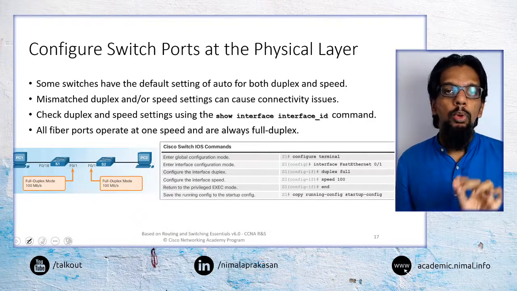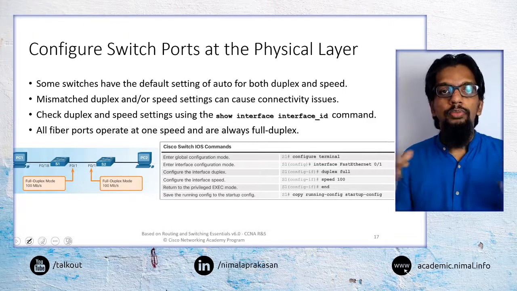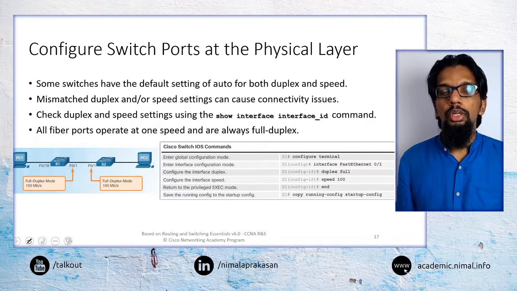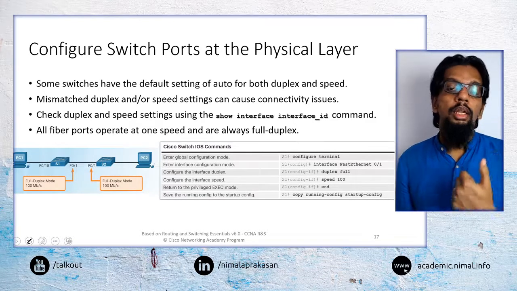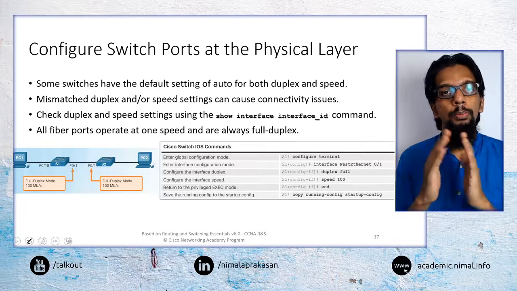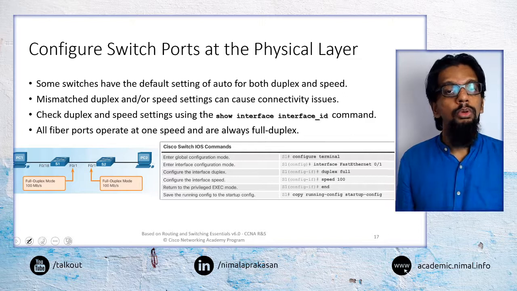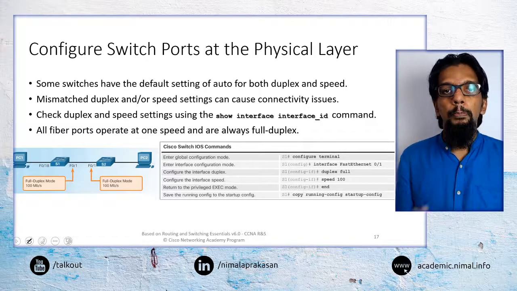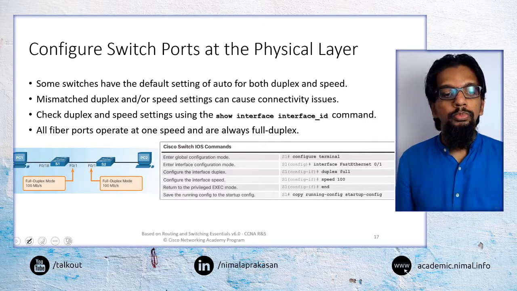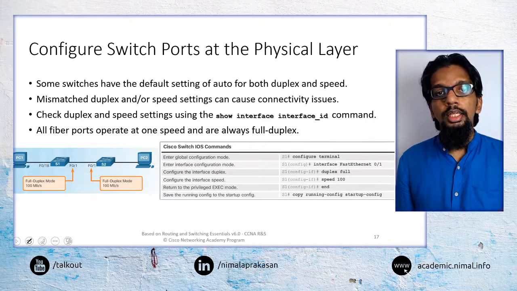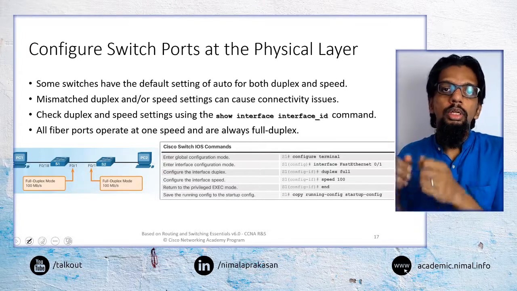When we think about Ethernet, for example, Ethernet supports a variety of communication modes. It will support a number of speeds, and it will also support a number of communication modes in terms of whether it is a half duplex or a full duplex connection, so whether it is a bidirectional or a one directional connection. These things will have to be configured for each port particularly.